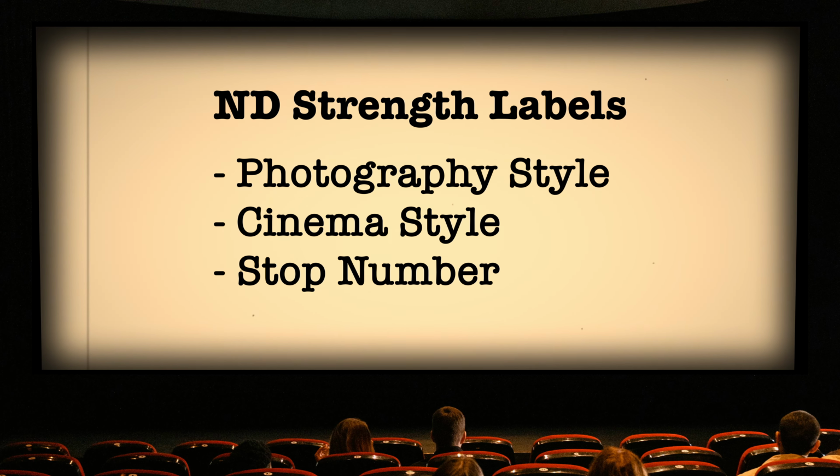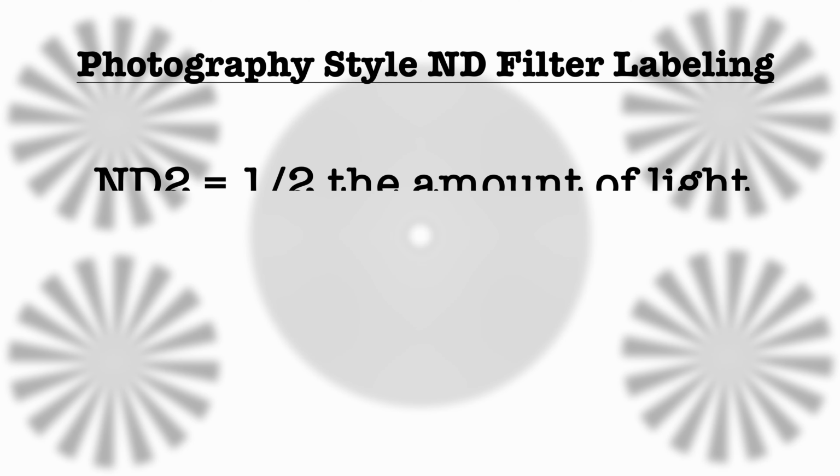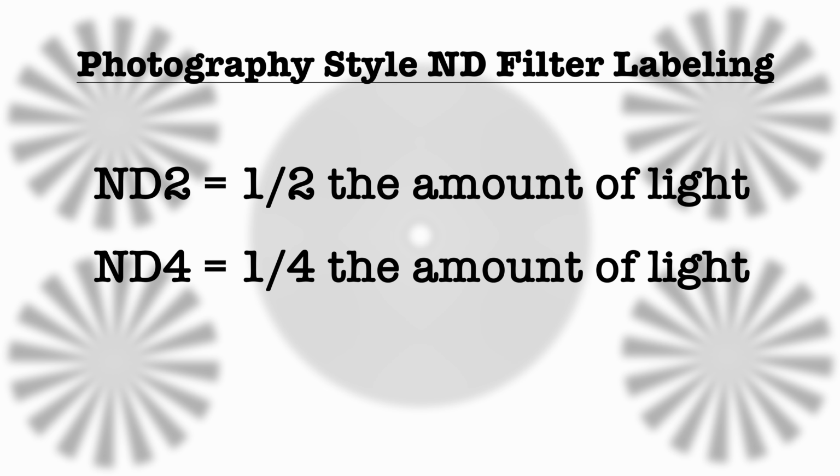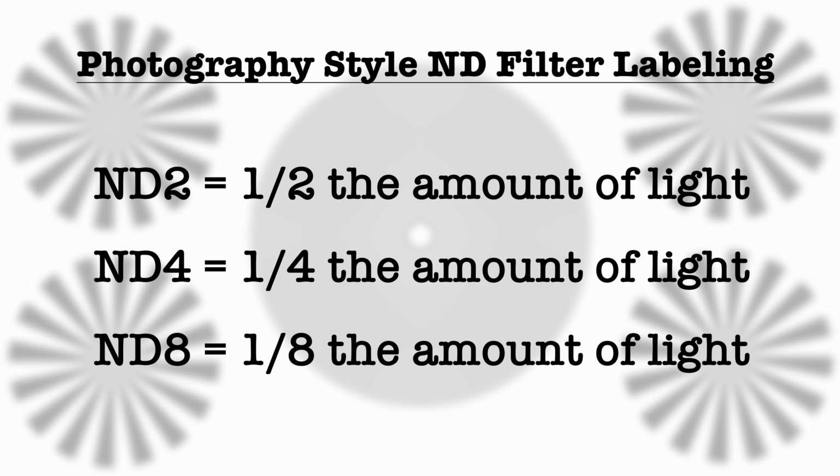ND filters come in different strengths or densities. There are 3 ways that your filter might be labeled to show this. 2 are very common, and the third you may find on VND filters. The first is the traditional photography style of labeling, which shows how much the light is reduced with each filter. So for example, an ND2 would equal half the amount of light, an ND4 a fourth the amount of light, and an ND8 an eighth the amount of